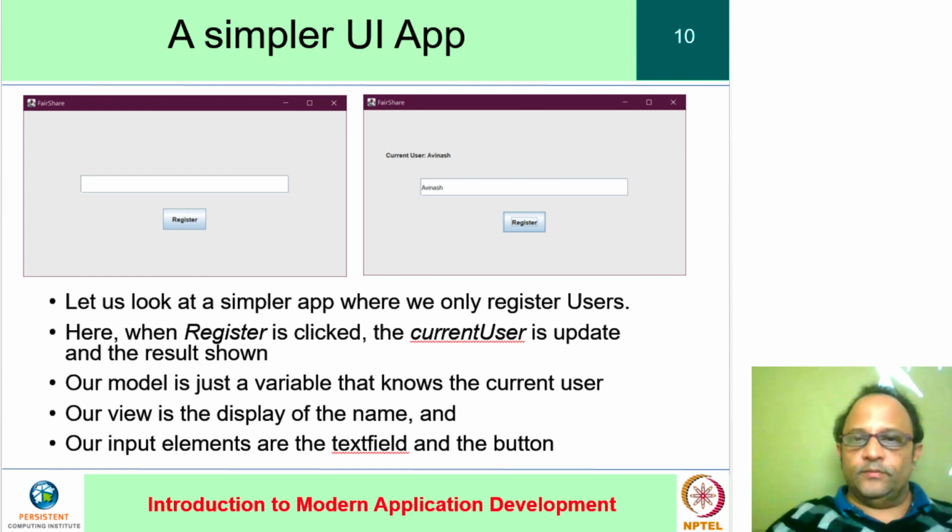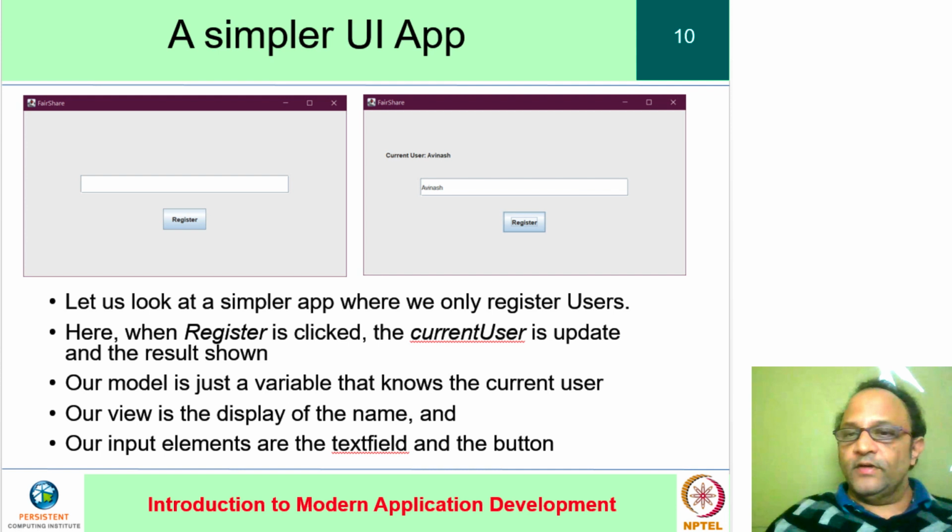So in the first image that you see, the application is how you see it when you launch it. And the second is after you register a single user, you can see the current user reflected in the label that we have shown.